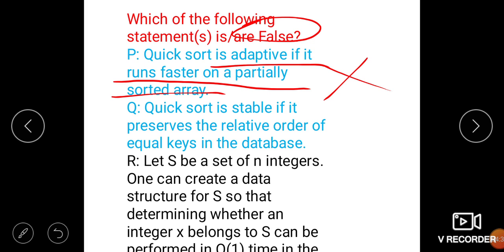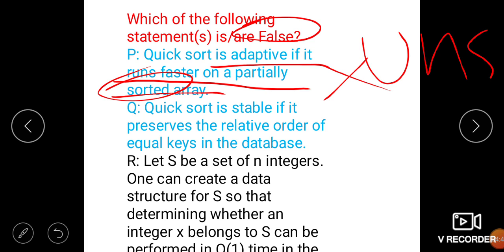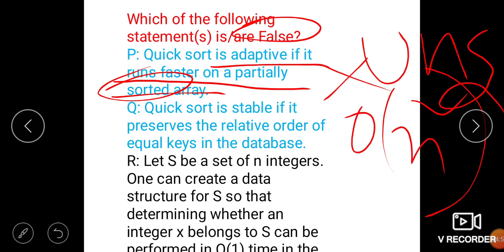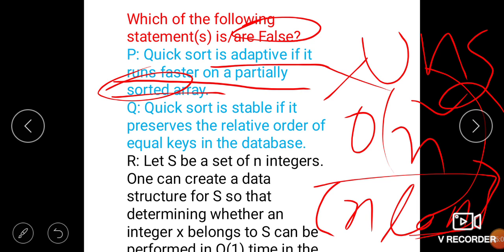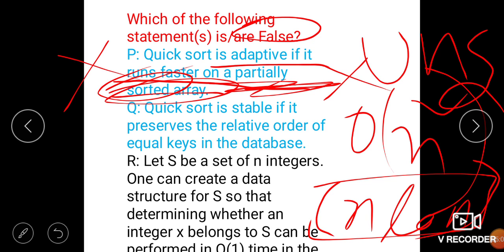This is false because quick sort is adaptive, but it is not faster on a sorted array; it is faster on an unsorted array. On a sorted array it gives O(n squared) time complexity, but on an unsorted array it gives O(n log n). So it performs fast on an unsorted array, but here it is written sorted array, so it is the false statement.